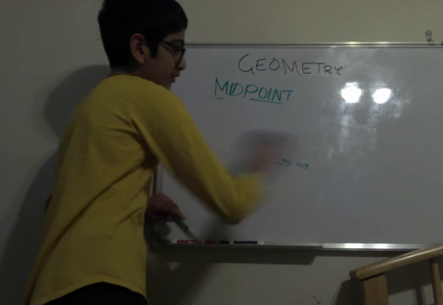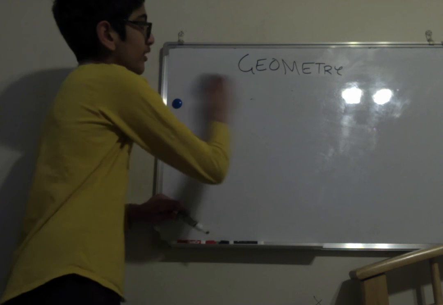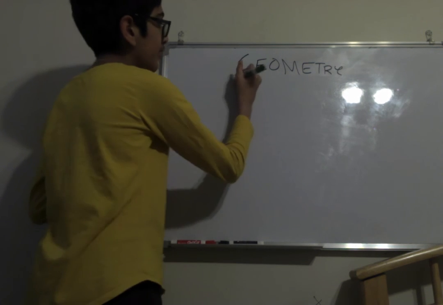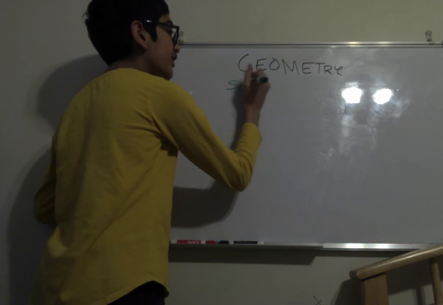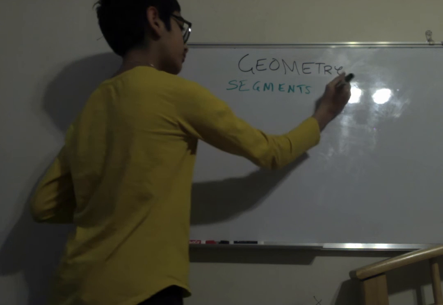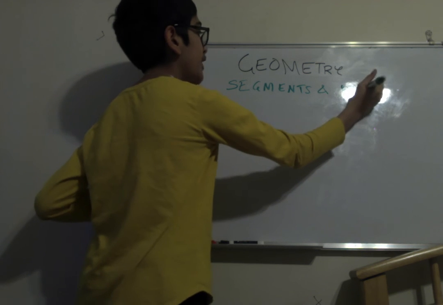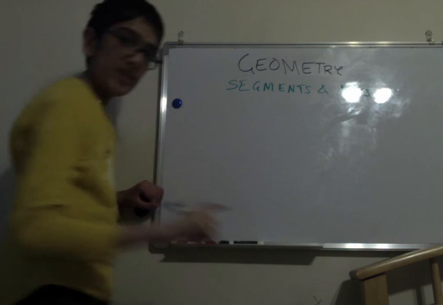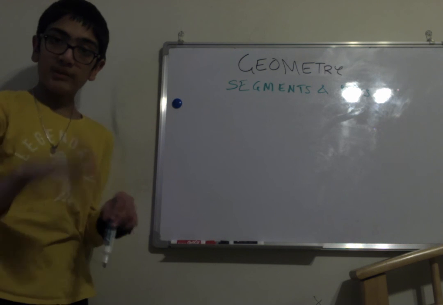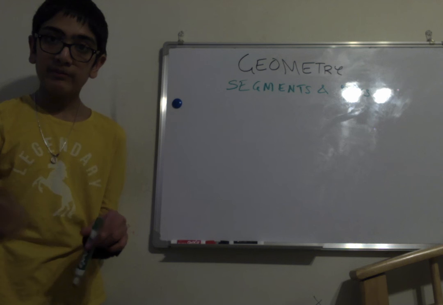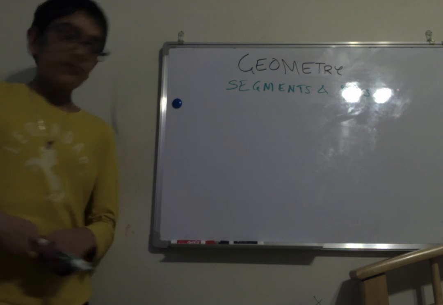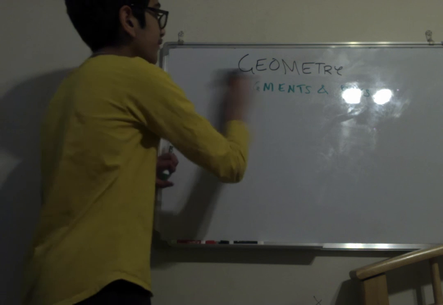So, what did we learn in this video? Or 2 videos, technically. We learned about segments and rays. Rays have one endpoint, segments have none. Rays can be opposite, and segments can be divided into 2, which is called a midpoint. And it can be bisected with a bisector, and can be added, and that's kind of cool. And also, from the last video,